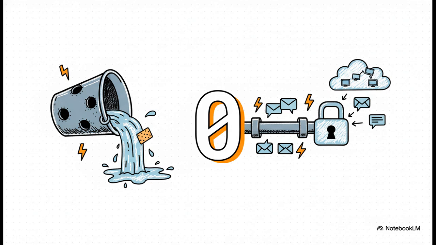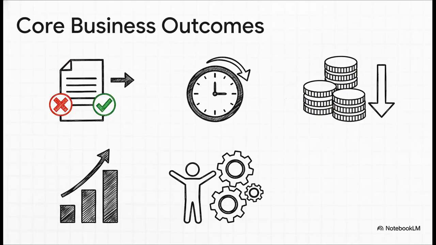And this number. This is the promise every single business owner wants to see. 0. 0 missed inquiries. It means that every single person who takes the time to contact your business gets an immediate professional reply. That leaky bucket we talked about, it's sealed. So what does all this mean for the bottom line? Well, you cut down on costly human mistakes. You save your team tons of valuable time. You actually lower your sales costs. You boost your conversion rates. And, this is a big one, you can grow and take on more leads without immediately having to hire more